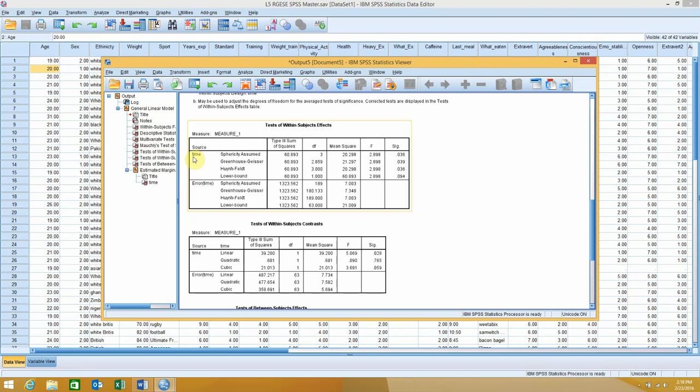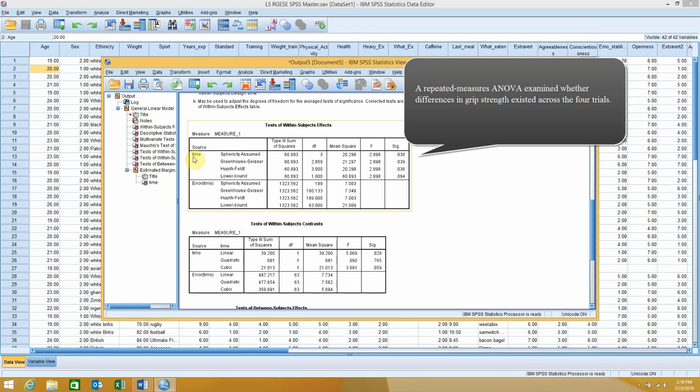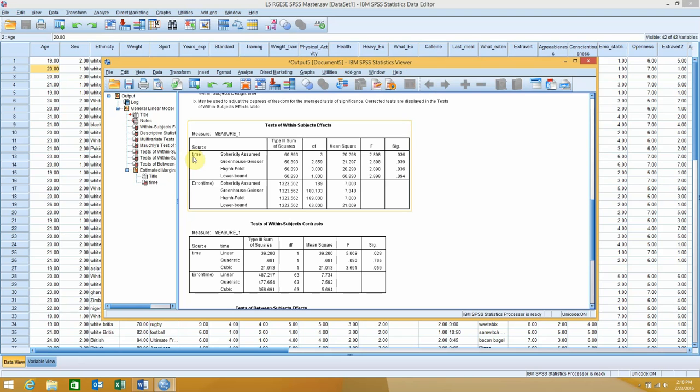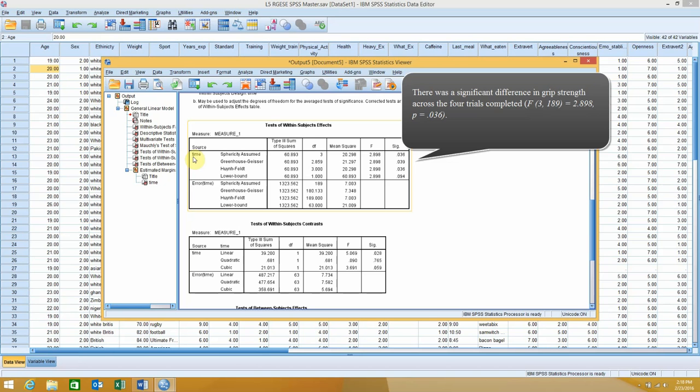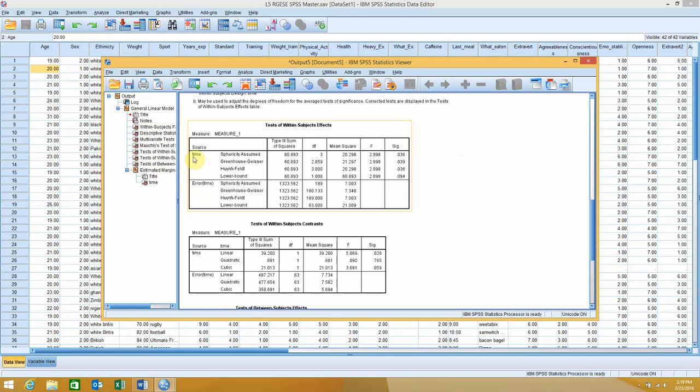When providing the details of the test conducted, I would write, a repeated measures ANOVA examines whether differences in grip strength existed across the 4 trials. When concluding the results of the test, I would write, there was a significant difference in grip strength across the 4 trials completed. This is when you would use the figures you noted down in the table as evidence